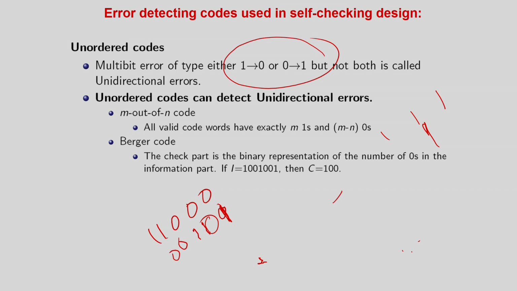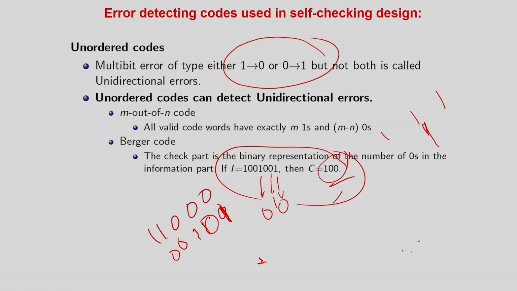Similarly, as homework, you can also try to find out that in the Berger code also, if there is a unidirectional error, you can easily detect it, but if there is a bidirectional error, it may not be detected. You can easily try this out. For example, in this case there is 1 0 0 1 0 0 1. There are 4 ones, so the count 4 is there. If there is a unidirectional error, maybe this one is going to become 0 and this one is going to become 0, so the number of zeros will increase. Here the number will be 4. The error can be easily detected. But if there is a bidirectional error, where this one becomes 0 from 1 and this one becomes 1 from 0, there can be error balancing.